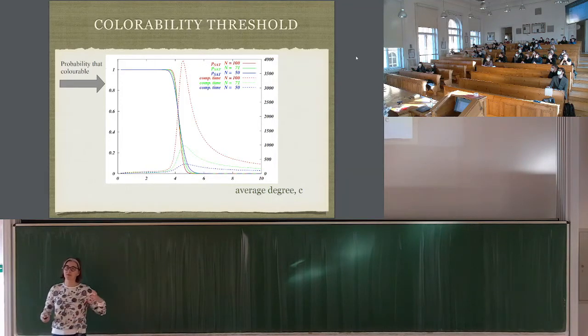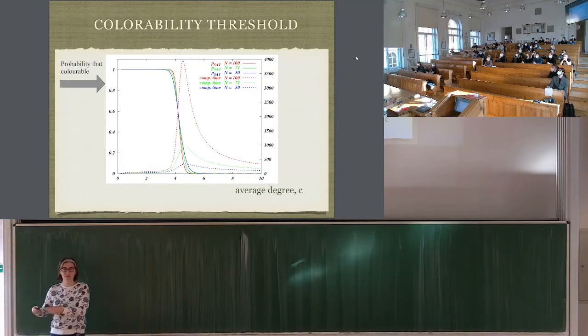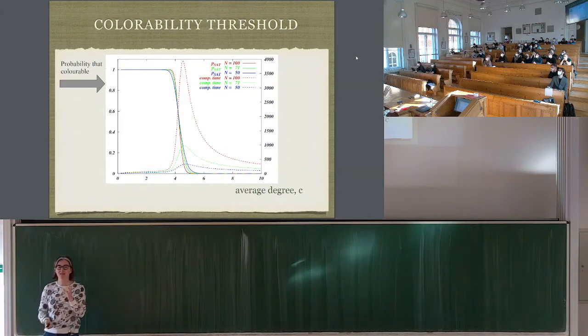And you see that when you have very few edges, there are very few constraints about who cannot be the same, it's almost always colorable. The probability is 1. When you have very many edges, there are so many constraints that with a limited number of colors, you cannot color the graph. And in between, depending on the size of the graph, that's the numbers up there, 100, 70, 50, the different colors are different sizes of the graph. You see that the bigger the graph, the sharper is the drop of the probability from 1 to 0. And if you actually went to bigger and bigger graphs, this would be a jump. And this would be a first-order phase transition.